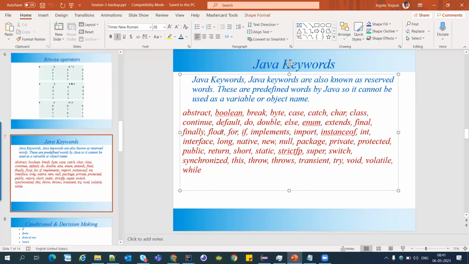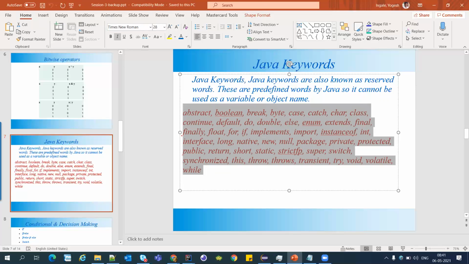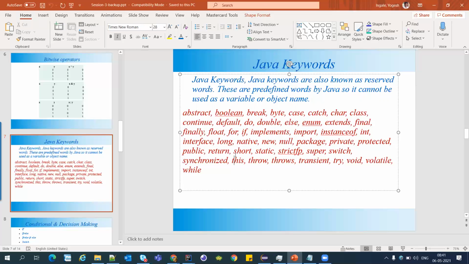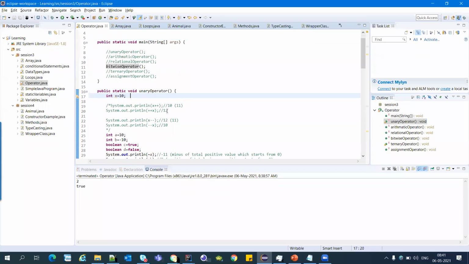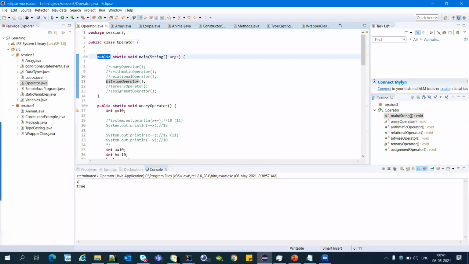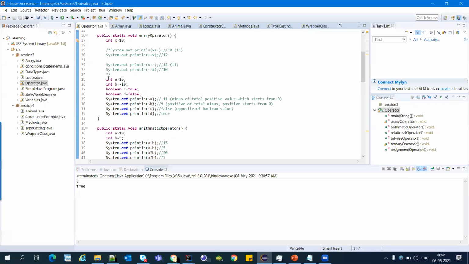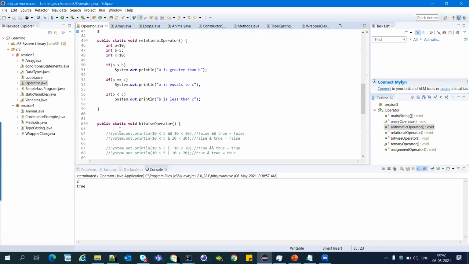These are the keywords we use in Java. Java has its own keyword set. They have their own meanings and definitions, why we are using them. So we cannot use them as variables. That is the rule. Whenever we see these maroon or violet colored words, these are keywords. We cannot use them as they are as a variable. It's a simple rule.